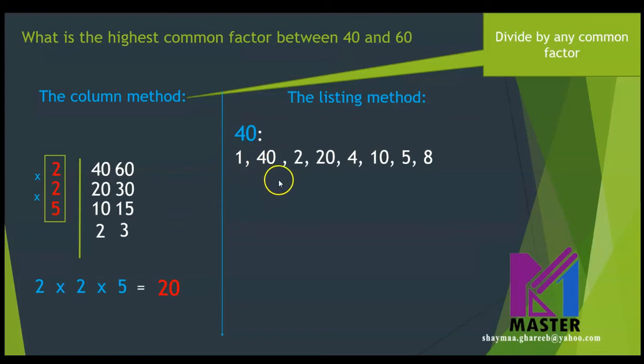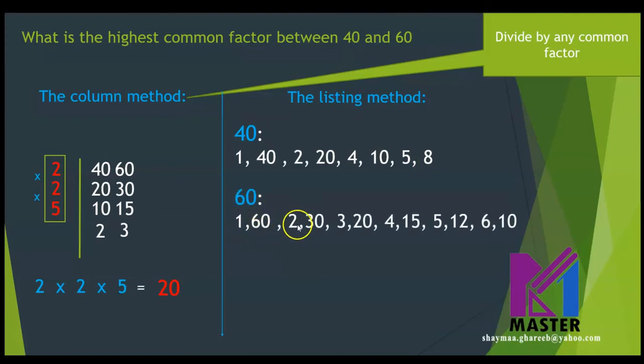1, 40, then I will try the 2, 2 and 20, then I will try the 4, 4 times 10, then I will try the 5, 5 and 8, and so on. Then I will list all the factors of 60 as 1, 60, 2, 30, 3, 20, 4, 15, 5, 12, 6, and 10. And after I finish listing using the divisibility rules, I will look at the factors here and